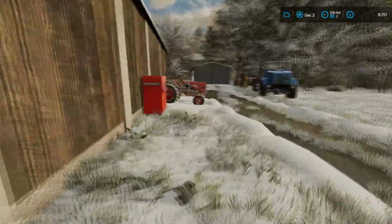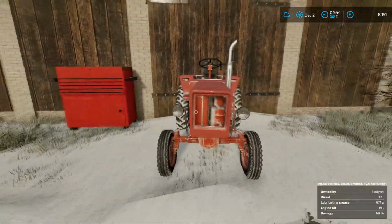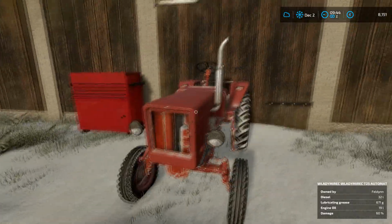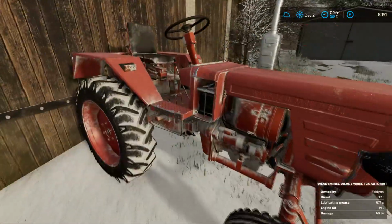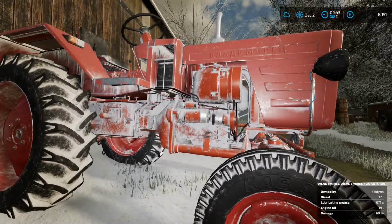Out doing some work, clearing the roads a little bit. Very nice. Yes, here is ours. As you can tell, we've got a bit of equipment on it now. You can see the engine in there is very red. That is the old one from that tractor around there, and also we have all the running gear and everything from it as well for the transmission. So you can kind of see amongst all the snow it is a bright red,